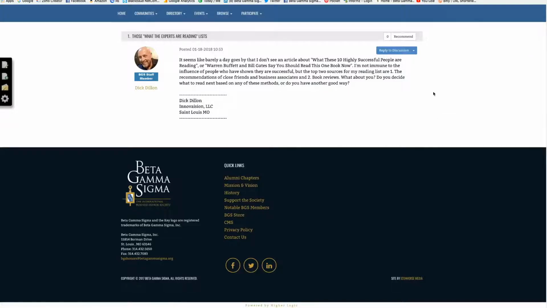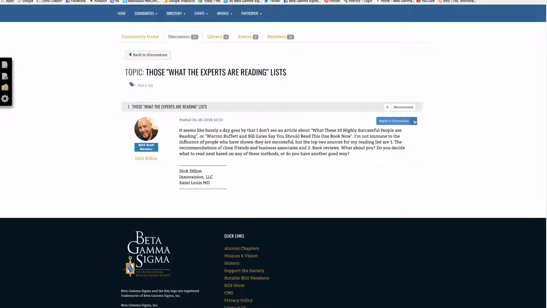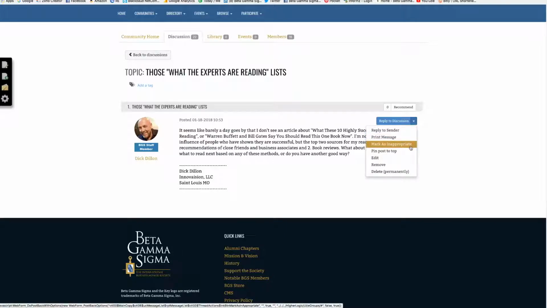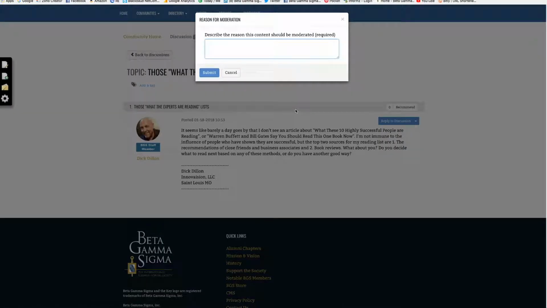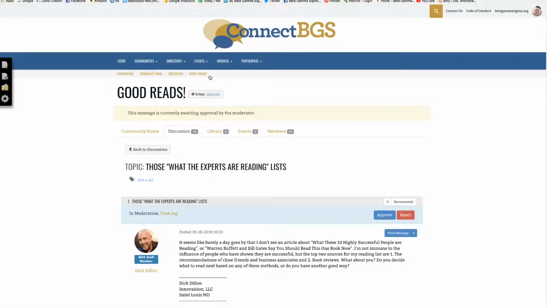So there's the reply to discussion button and a little arrow next to it. And down here you're going to see mark as inappropriate. So you click on mark as inappropriate, and it's going to ask you to type in your reason why. We hit submit. And then it will submit this for moderation. And as you can see here, up at the top,